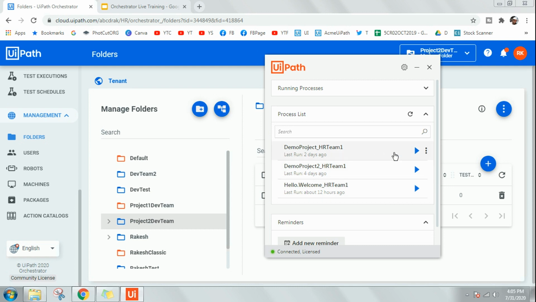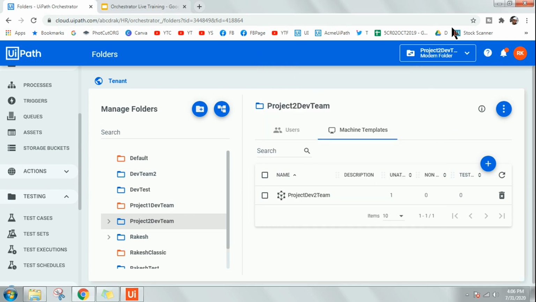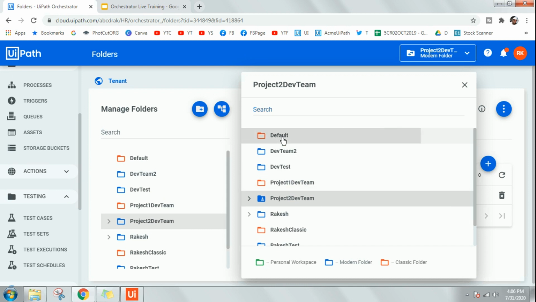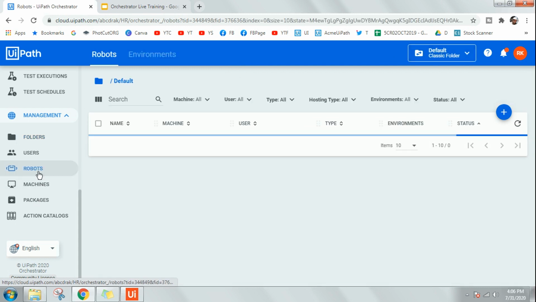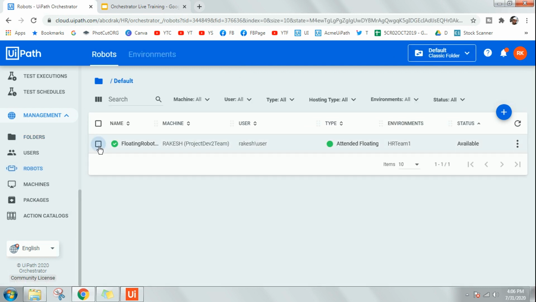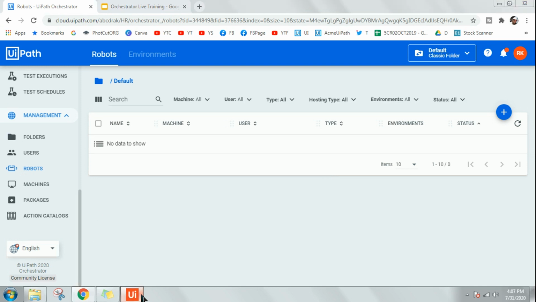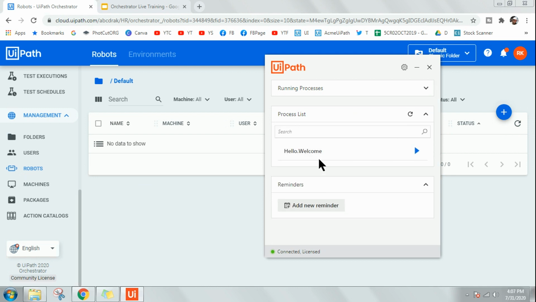So what is happening, in case this is not yet coming, you can see that, right? Only the older processes are coming. You are seeing that these processes are not getting removed, it's still having the old one. Okay, this generally happens. These are all coming from the classic folder, so go back to your classic folder, the default folder. There, you had a robot which is deploying this. So all you do, you have to literally remove this particular robot. So let me try to remove it. Once it is removed, it should not be able to deploy any kind of process. Okay, now you can see it got refreshed and you got the right one.